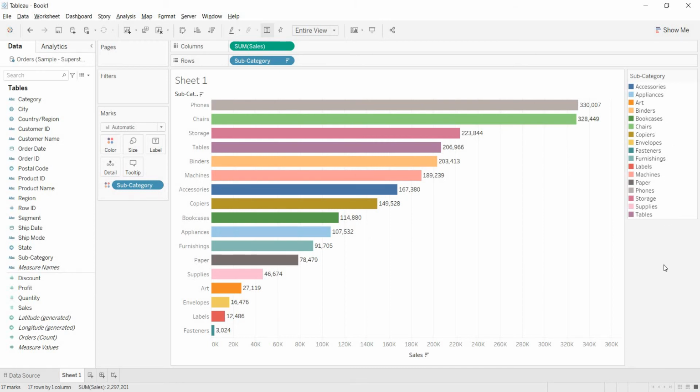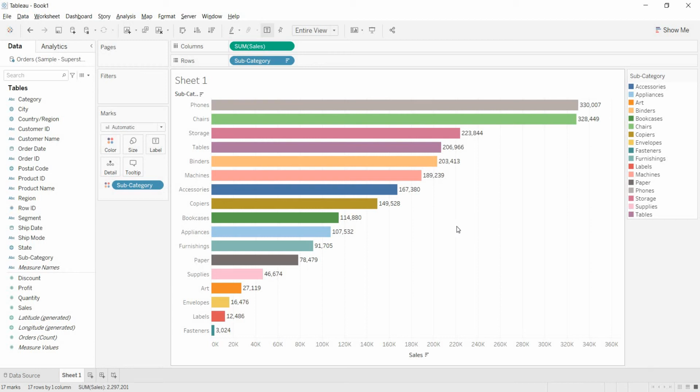Now the scenario comes like this. The client wants to see for these subcategories what are the sale values and what is the profit that he is getting on those subcategories. For example, on this much of sales on phones, what is the profit he is getting? On this much sales on tables, what is the profit he is getting? So to have that comparison, you need to have the sum of sales along with sum of profits. So with this scenario, you are clear that you need to bring those two measures into the visualization.